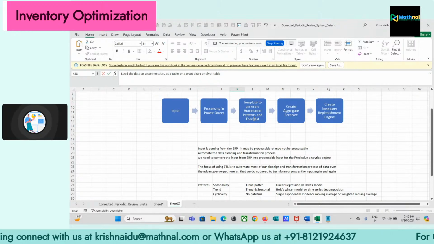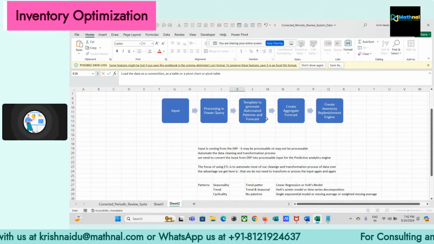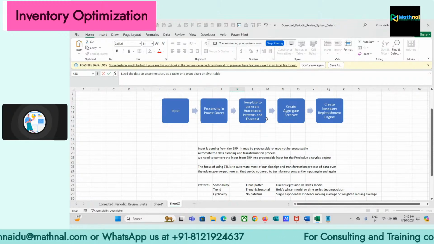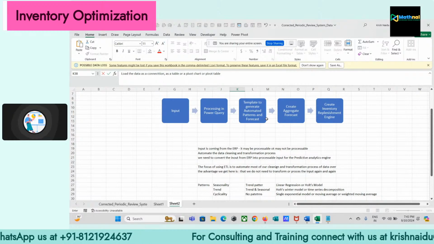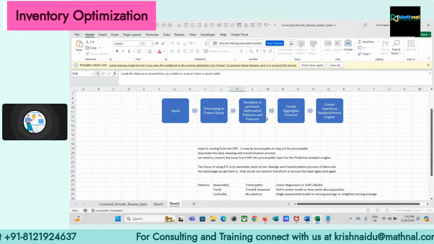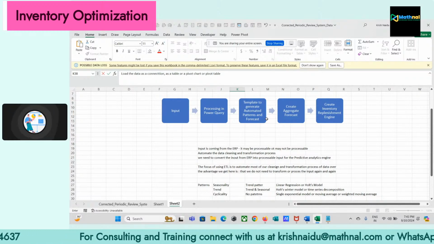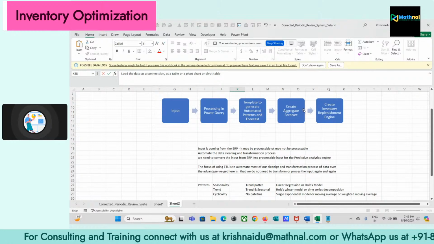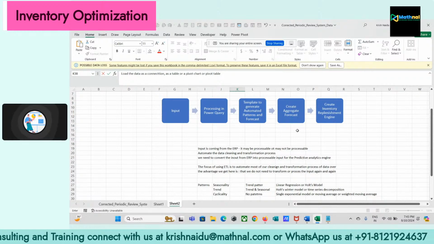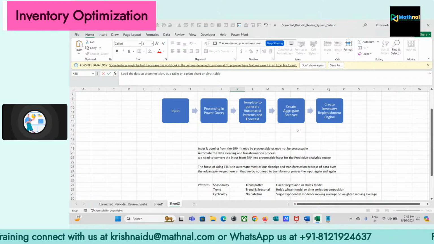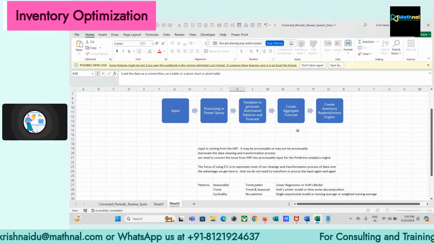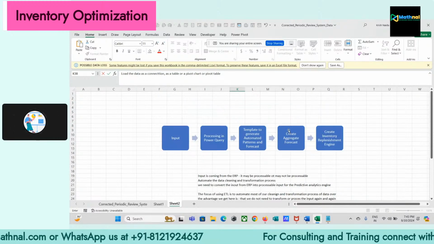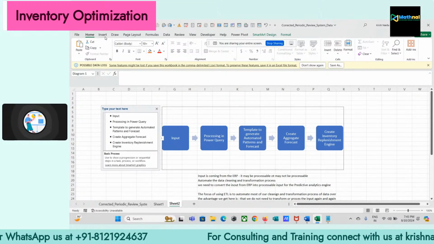From there we're going to generate our outcomes in the form of a forecast. Suppose we're talking about inventory optimization. From the inventory optimization perspective, we're going to generate our aggregate forecast from the forecasting template. Once we get the aggregate forecast, we take it as an input to the inventory replenishment engine. So if you look at this process,